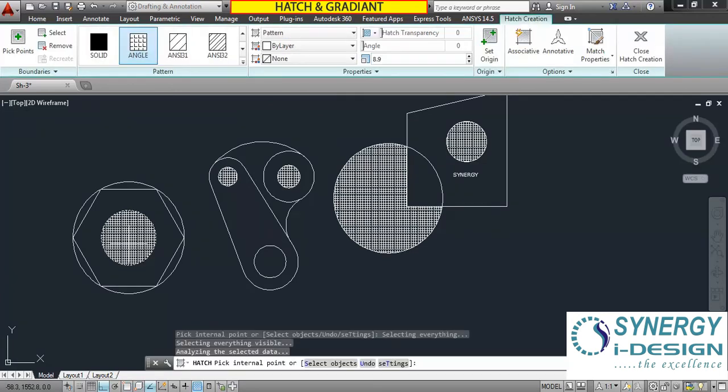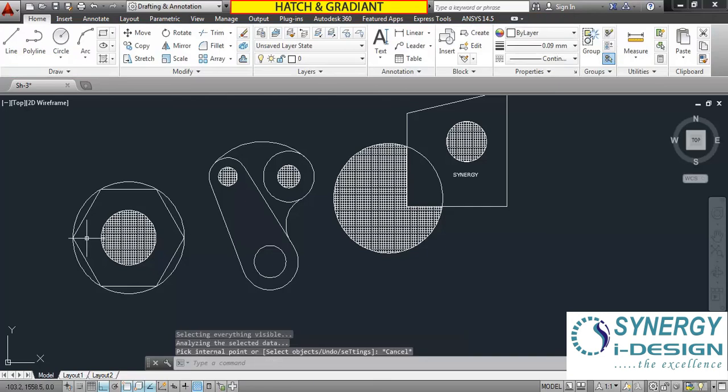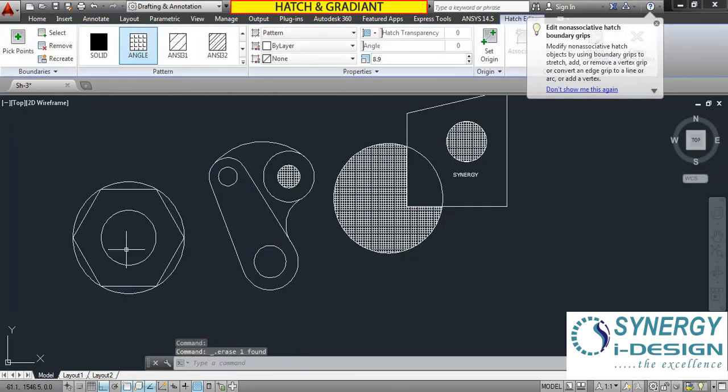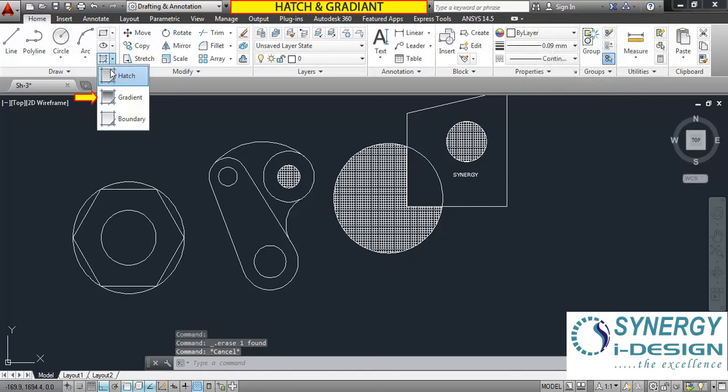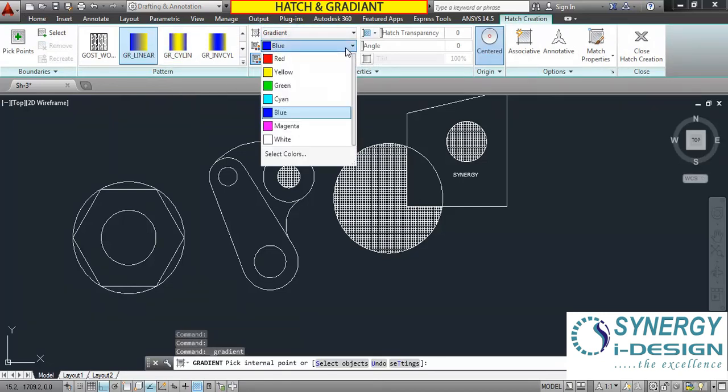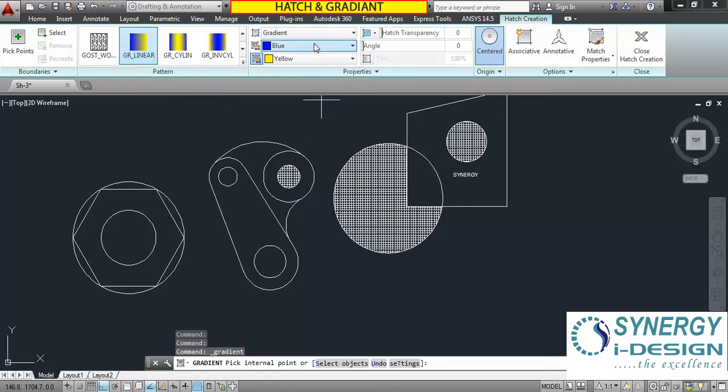Now suppose I want to give some gradient pattern. For this I have the option gradient. Now click here. Now gradient is given. This is nothing but the pattern style, so we can change the color of the gradient, say red, say yellow. From here we are controlling the transparency of the hatch pattern. From here we can see that according to the angle the shading area changes